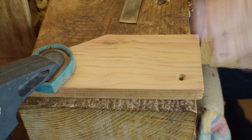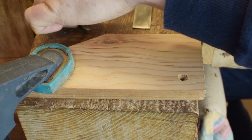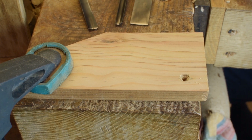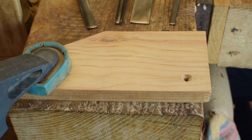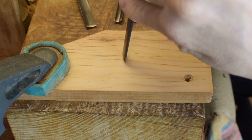Demonstrating with a piece of wood then, I'm going to just show you some of the gouges that I would use myself. These are some of the gouges that I would be using every single day. And some of them I actually use in a pair. So I'm going to demonstrate that here straight away. So for instance, that's the sweep